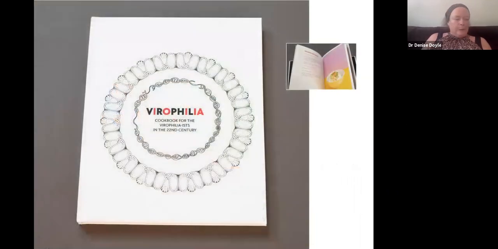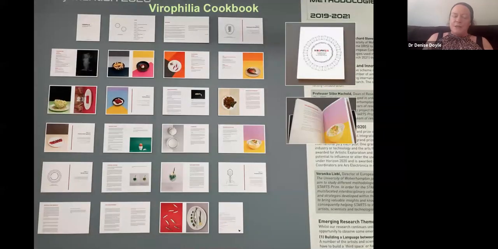Another part of the project is a cookbook written for the 22nd century, where humans have learnt to live with and accept viruses as part of a greater ecosystem. My personal favourite is influenza egg on rice, that you can see a little rice bowl in the inset image here. But equally, there were so many provocative parts of the cookbook, and Pei Ying wanted us to display the printed sections of the book in this way, and I think it worked really, really well.